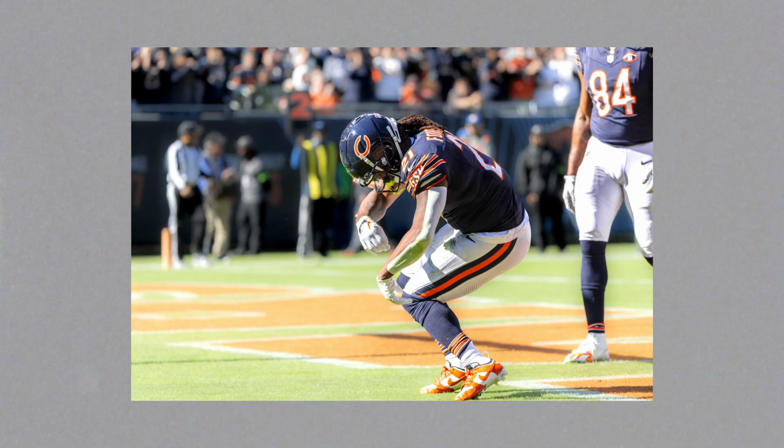If there's anything that myself and a lot of people didn't expect, it's for D'Onta Foreman to have 3 touchdowns during this game, and the celebration just got progressively better and better. So right here, I believe this was his last touchdown. Right here, you see him doing, I think he was doing the Dougie, but I mean, look at the dancing, look at the cleats. The cleats are so fire, and you'll see a little sneak peek. You'll have to stay to see the photo, but